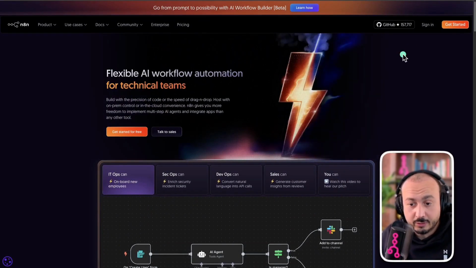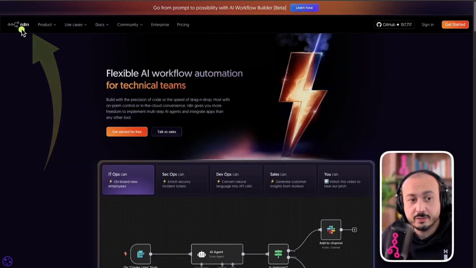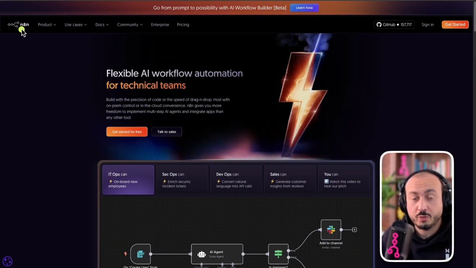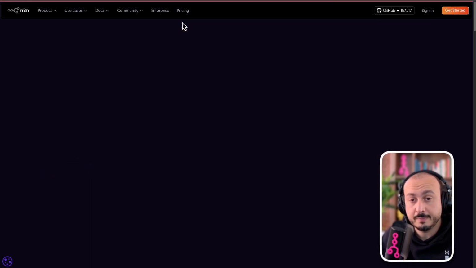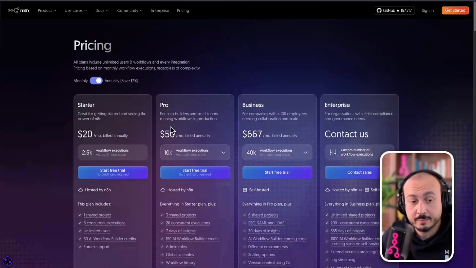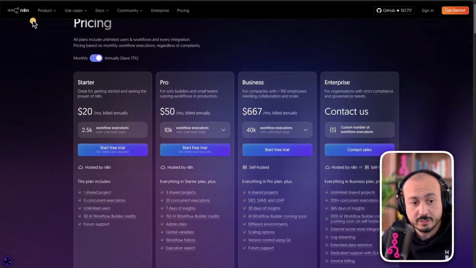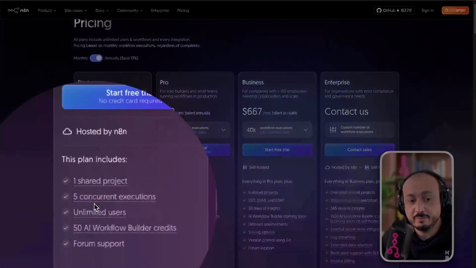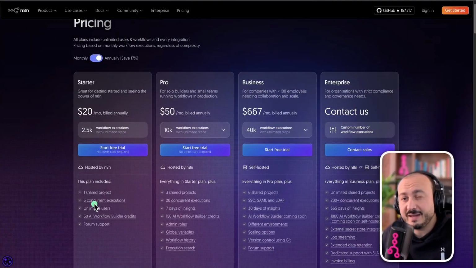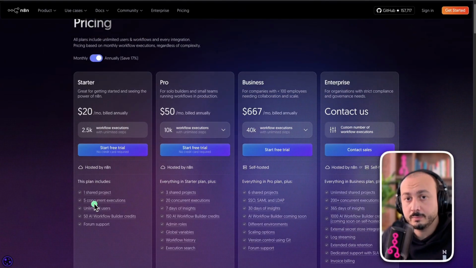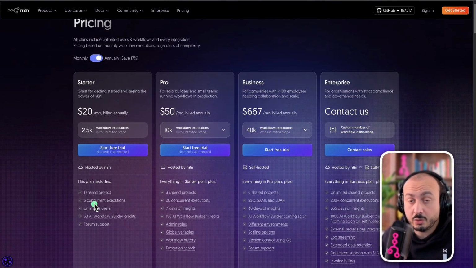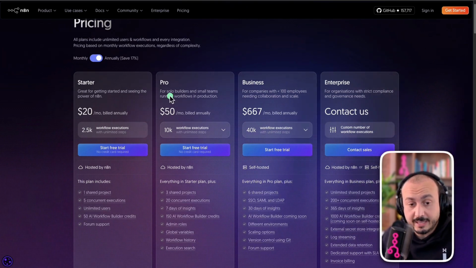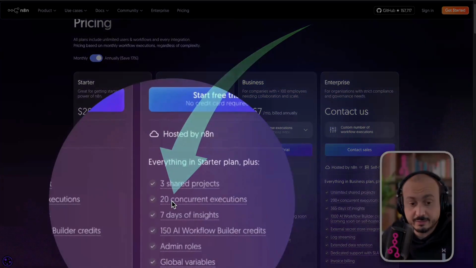And here we go. So what we'll need here is an n8n server to be able to create a workflow. Now to get a server, there are two ways. Either we come here to the official n8n website, and so here we'll simply go to pricing, and I can choose one of these servers. Now the drawback we have here, you'll see that if I pay $20 a month, it will only give me 5 active workflows. And 5 active workflows per server is very few, especially if we're freelancers or people who want to test several workflows and learn how to handle automation. So either we can move to a second server here that will give us up to 20 active workflows,